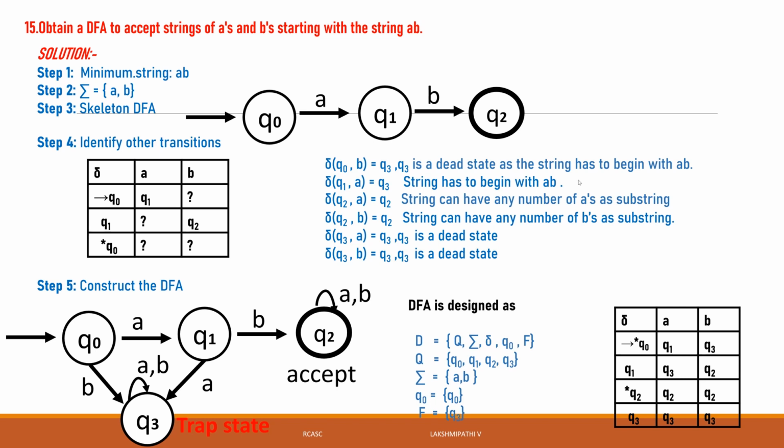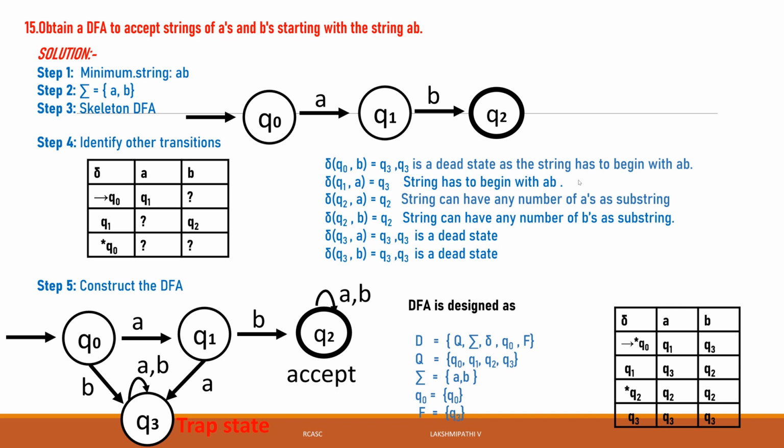If you have any doubt in this problem, because till now we learned only strings that end with AB, or do not end with AB. Now it is start with AB. These are the different methods; we are using different strings. Sometimes start with AB, sometimes end with AB. For strings ending with AB, only that type of string is accepted by the machine we design. Now this machine is accepting only strings that start with AB.